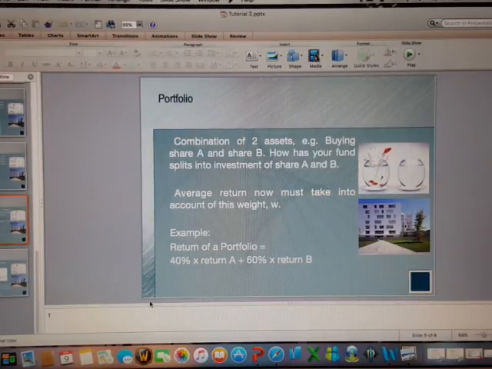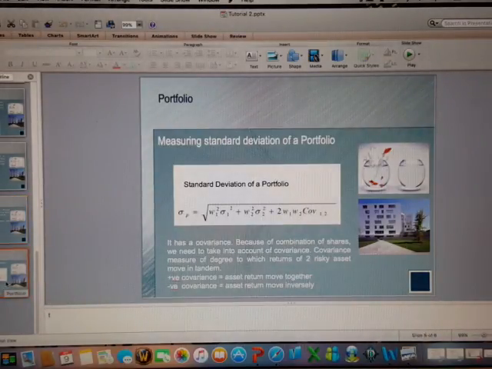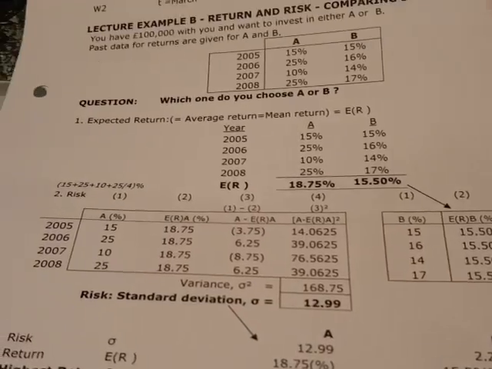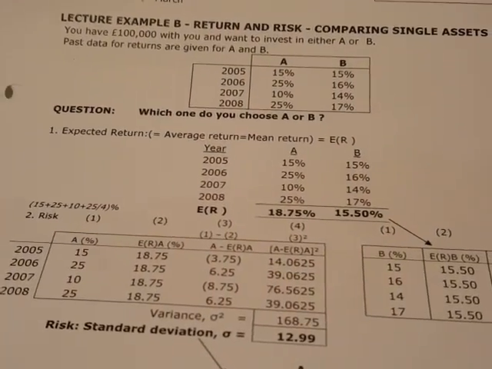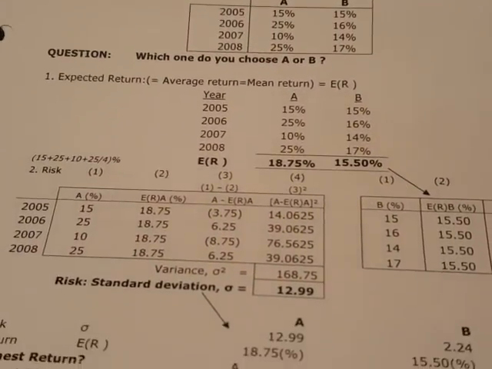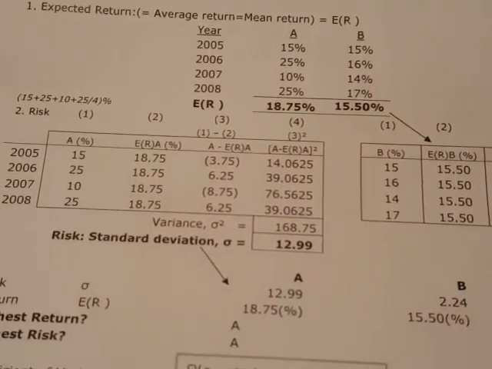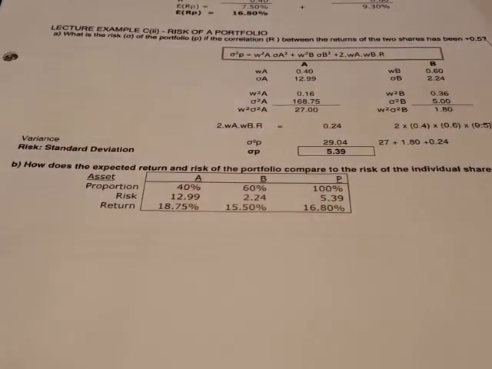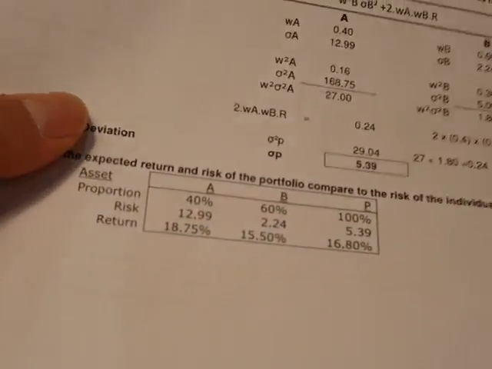So when you have covariance, remember the return of the portfolio requires you to take into account the weight, and second, when you have the standard deviation, it requires you to take into account covariance. Let's look at the example now. We have calculated a single asset on page 1. We calculated the return and the standard deviation. Now if we continue from this example to page 2,